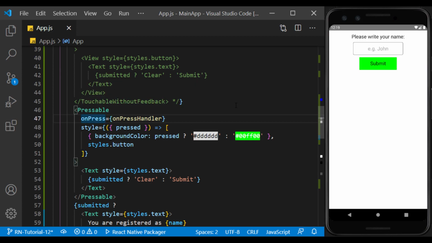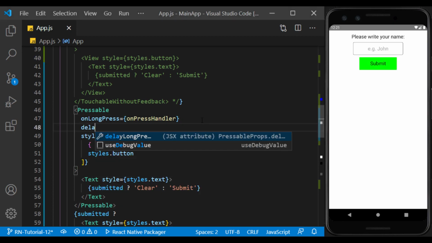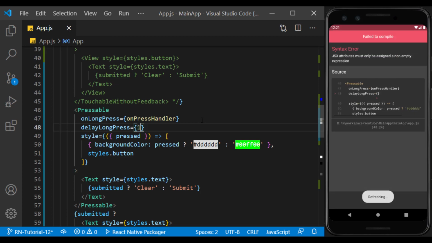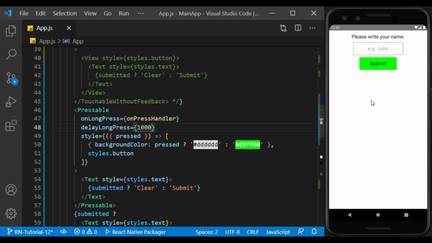If we change the onPress prop to onLongPress, nothing happens with a momentary click, and we have to hold it to run the handler function. Using the delayLongPress prop, we can change the default value from 500 milliseconds.